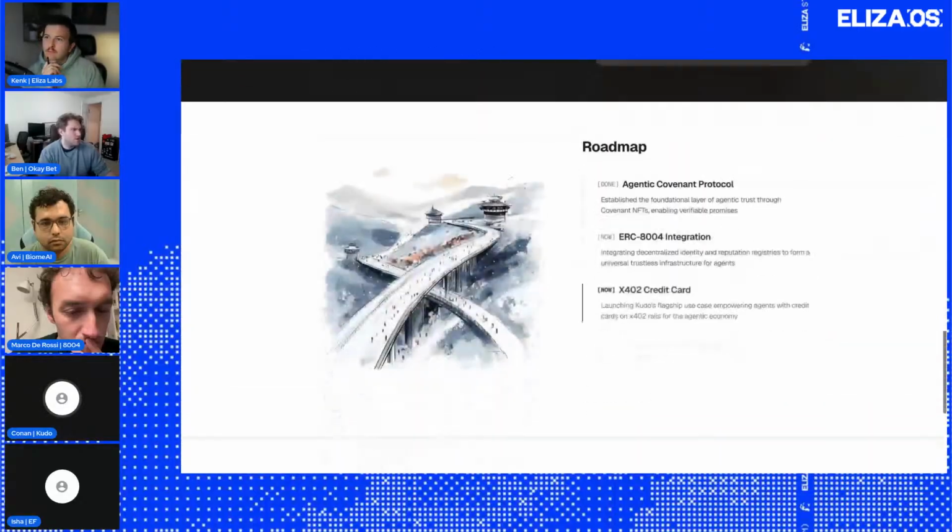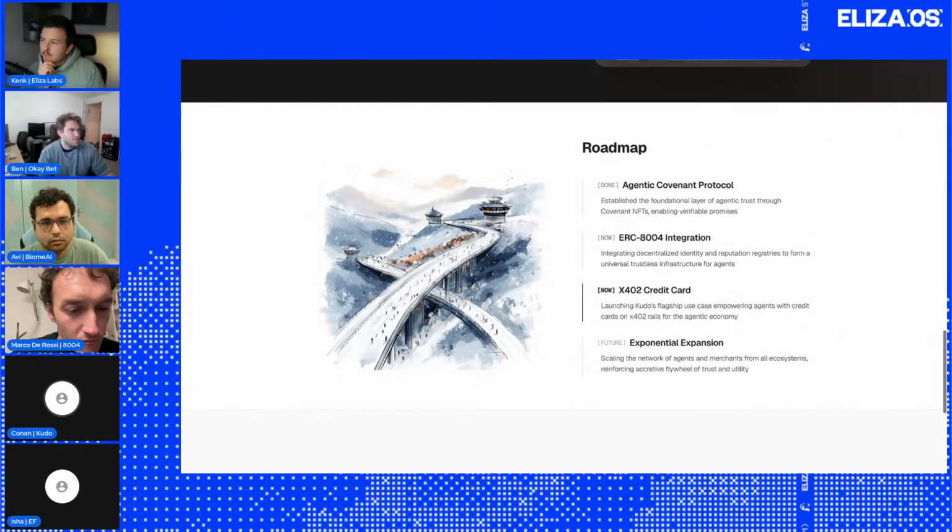Before we move to the demo, let me share a little bit of background on how we actually got here. We have been building from the beginning of this year. And first, we were building the foundational layer infrastructure, namely a platform for ELIZA agents to make verifiable on-chain promises.